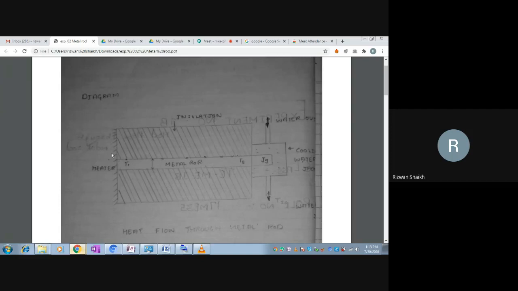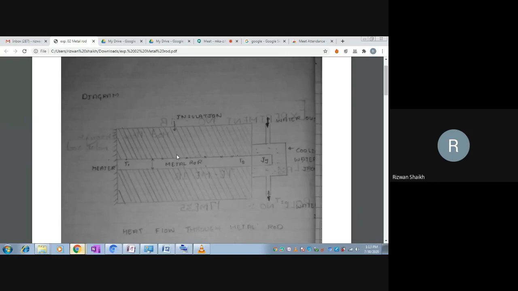It means that we apply heat from one end of the rod, and conduction takes place through the metal rod, which has some thermal conductivity that is unknown to us and which we have to determine. Due to the thermal conductivity, heat flows from one face of the metal rod to the other face, which is exposed to the cooling water jacket, where the heat flows into the water. The same amount of heat flows through the water and through the rod, and we need to calculate the unknown thermal conductivity.